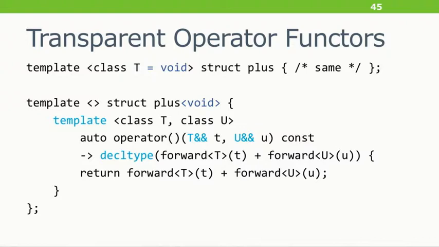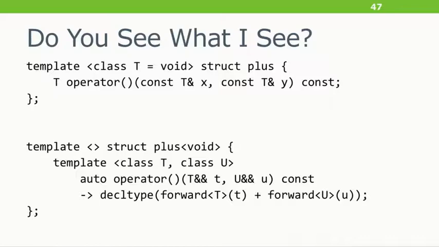They've lost their templateness, and instead they have a templated function call operator, like we saw in Sean Parent's presentation. In this case, it takes a sort of unusual looking form, but it basically takes its arguments by perfect forwarding, allowing them to be different types, and then it returns by perfect returning using this decltype thing. This manages to get the exact result in all the possible cases. I could walk through it. Basically, if you're a library dev, you can see what it does. If you're not a library dev, you don't really need to know what it does. It just always works, and it doesn't mess with the types coming in.